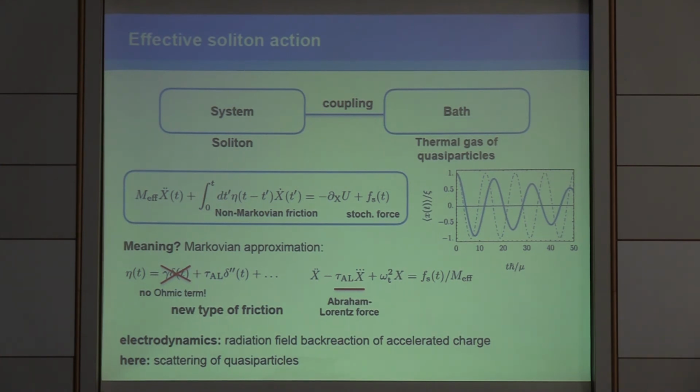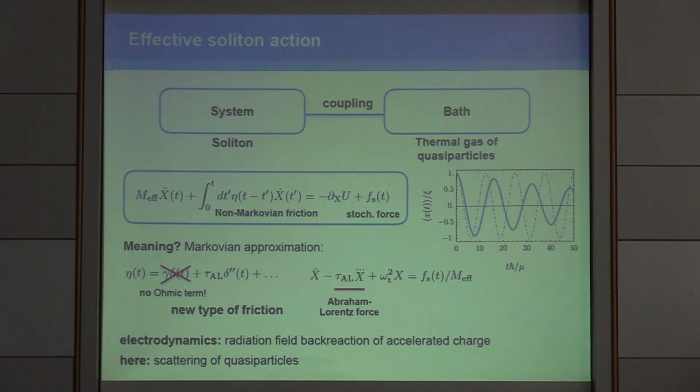We have an equation of motion which does no longer make reference to, as an initial condition, just the position and its velocity. We have something that involves the third time derivative. And that's a very peculiar object that we encounter in electrodynamics. This is called an Abraham-Lorentz force. In electrodynamics, we have the situation that a charge that is accelerated by some external force will radiate away part of its energy. And because of this